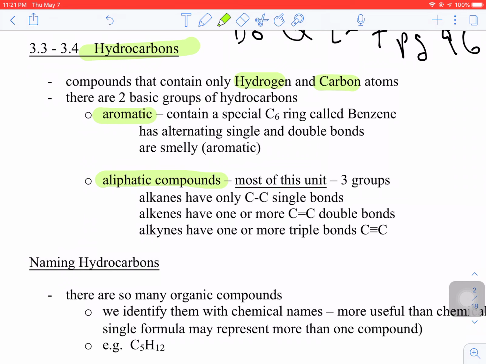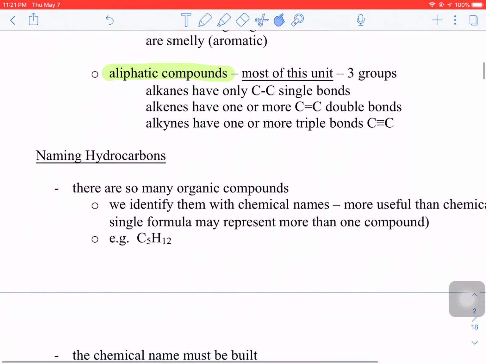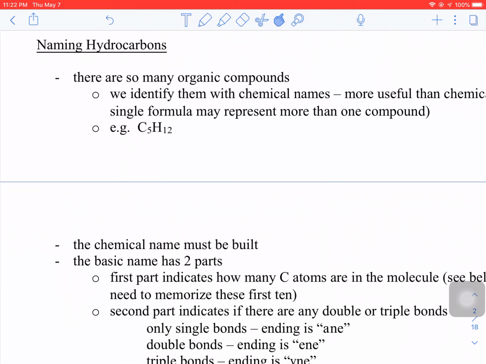Okay, so I want to move down and look at these compounds. We'll talk more about those aromatic compounds later on in the unit, but for now, I want to specifically look at some of the hydrocarbons. So when we're talking about organic compounds, if I call and order an organic compound from my chemical supplier for labs that we're doing at Bernie Custis, they'll say, what are you ordering? I'll say, I want to order some